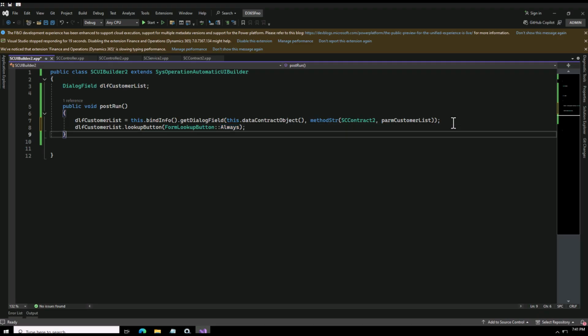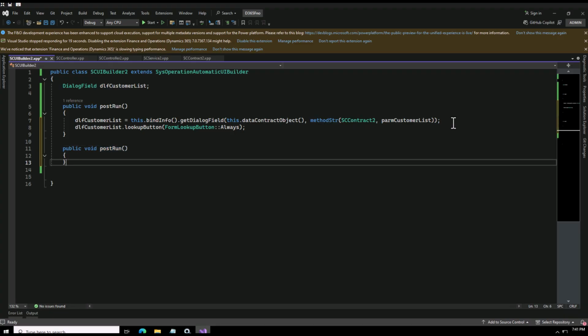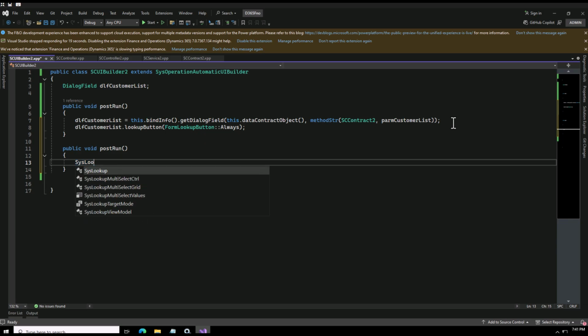And now let me write code inside my post run method. I'll say post run, and now here, so basically what we want to use, we want to use SysLookup. We'll use this particular grid control in our next video. So here I will use this, I will say